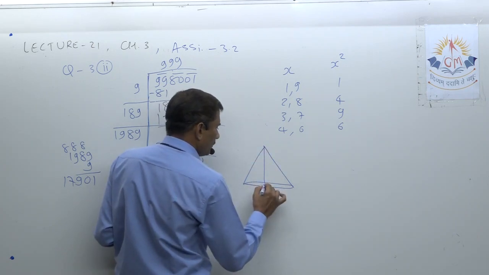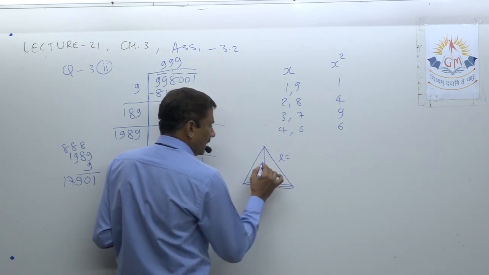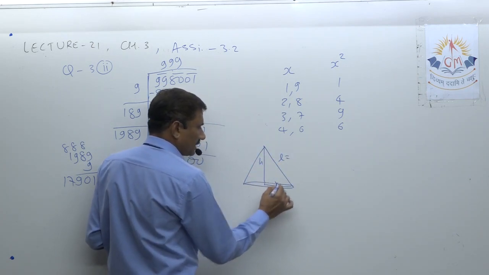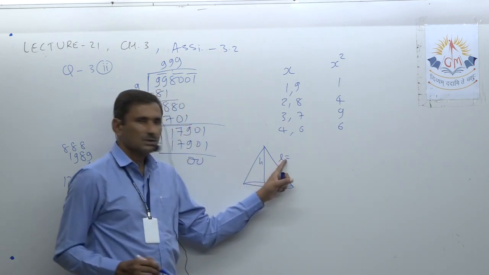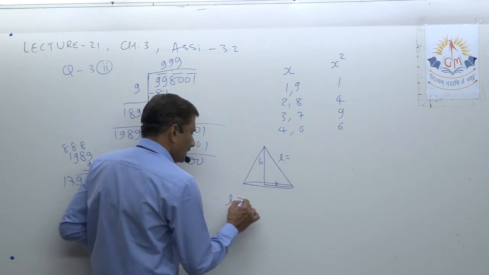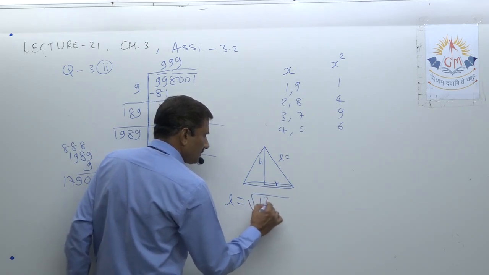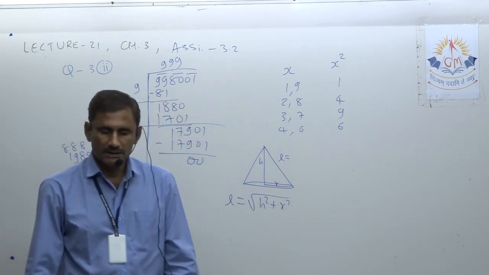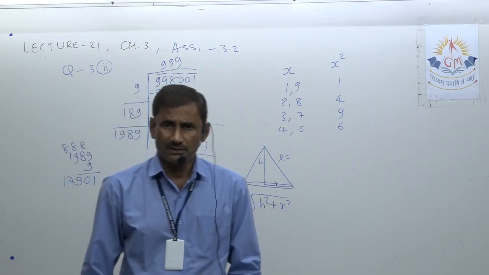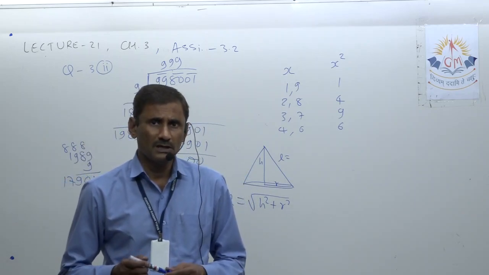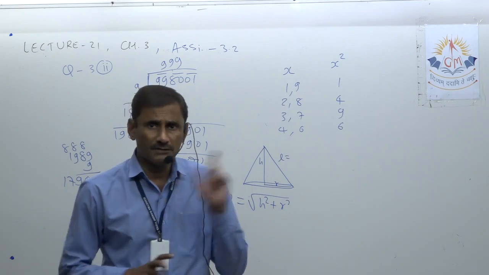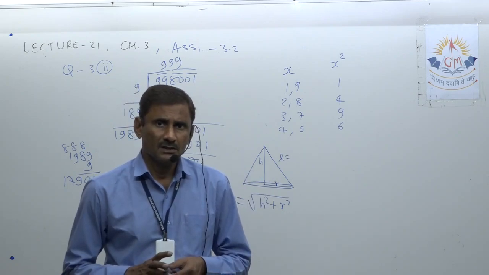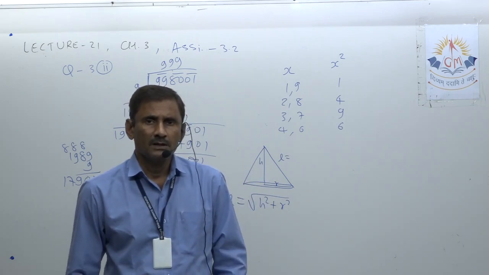So whenever you want to find the slant height of a cone, at that time you will have H and R. So by Pythagoras formula, you can write L is equal to the square root of H square plus R square. So here also square root is important. In 9th, Heron's formula is there. You right now don't know what Heron's formula is, but in Heron's formula, it is frequently used.